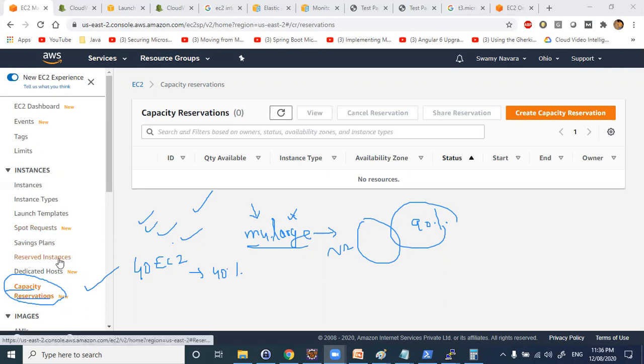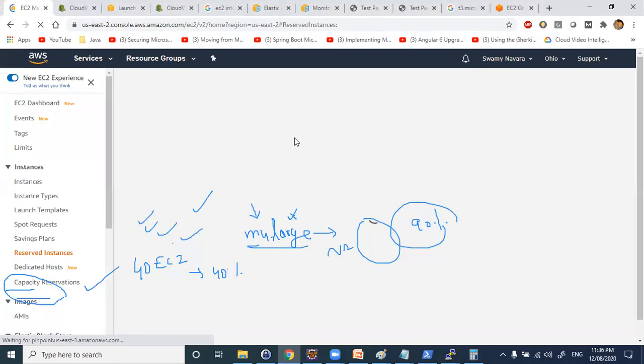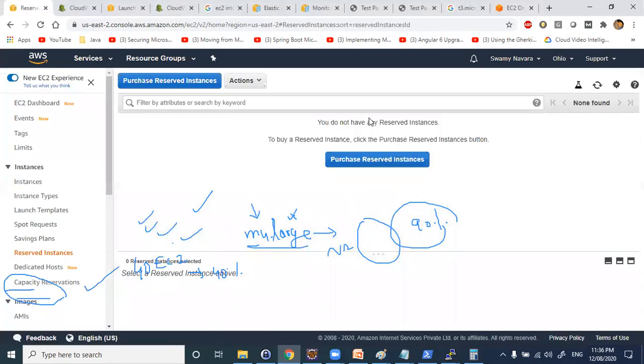Reserved instance means you can reserve the instance either for 1 year or for 3 years. And based on the instance type, either it is convertible or it is standard. Based on those criteria, you'll reserve the instance. So once the money is paid, the instance will be chargeable.